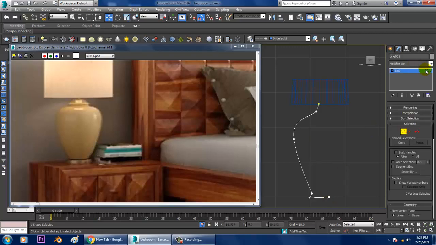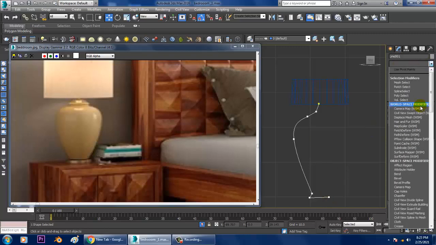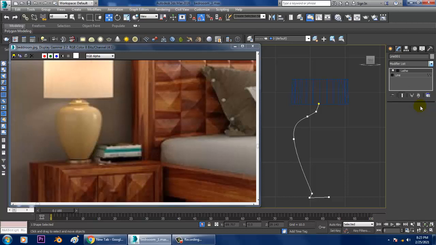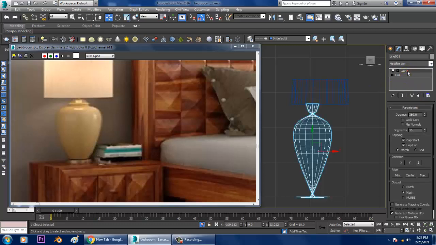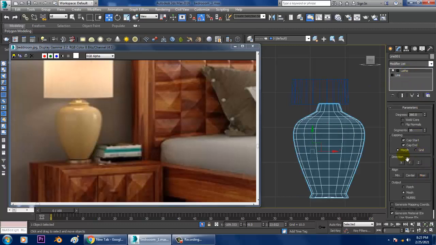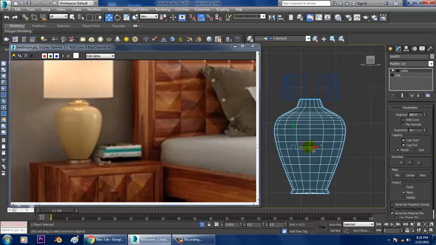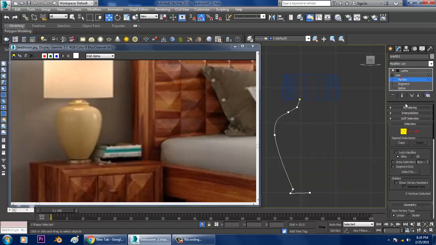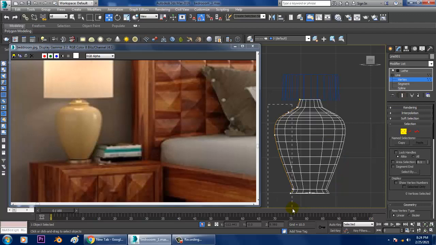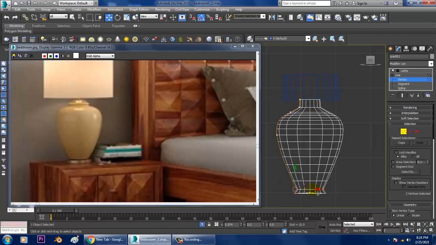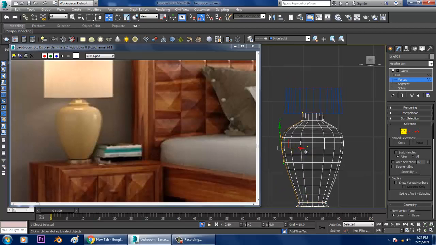Select this and give a lathe modifier. Go into this line's vertices and you can slightly push it inside and slightly push this inside in this way.